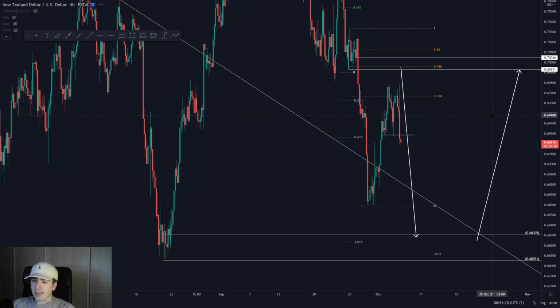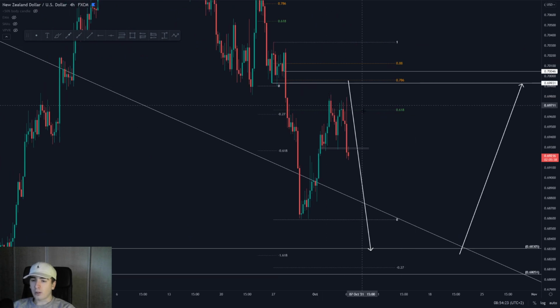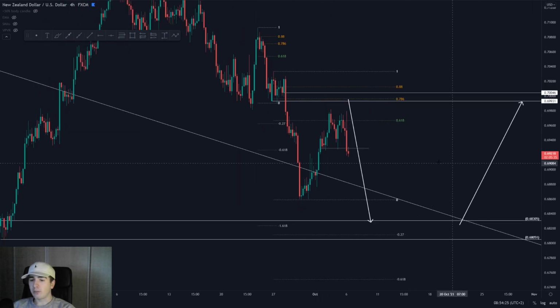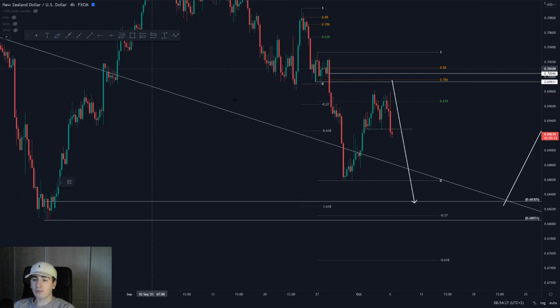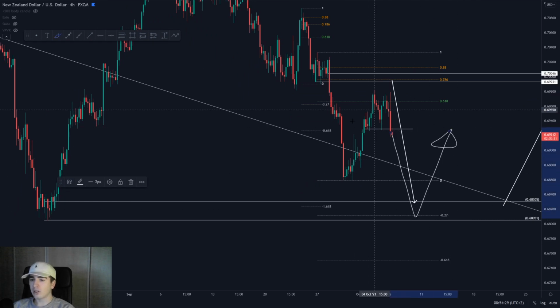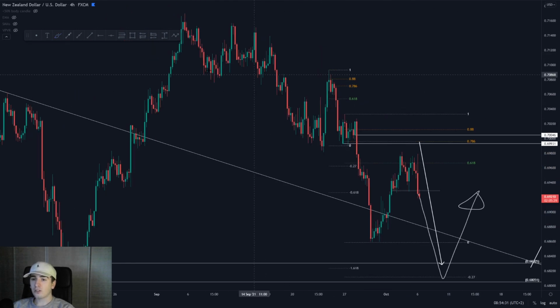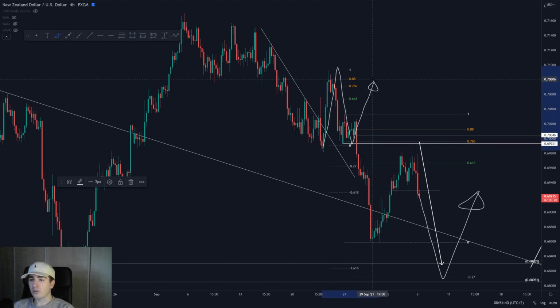Kiwi dollar, looking at the 4-hour, beautiful double top up in towards the highs, perfect 618 fib retracement. Essentially now just waiting for a final push in towards lows before looking for longs. Would be very nice, because over here, if you just view this from a logical perspective, you kind of have this, right? So we had this first impulse in towards the highs, then the retracement, then a failed continuation in